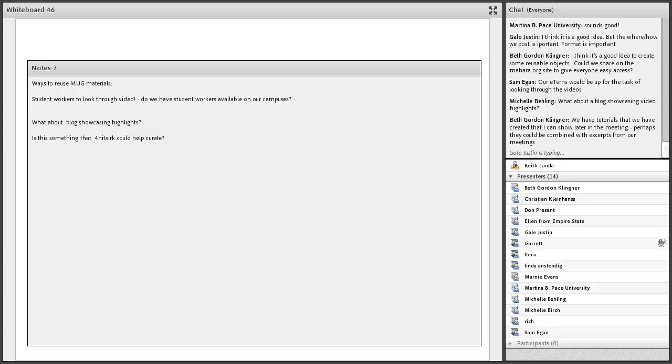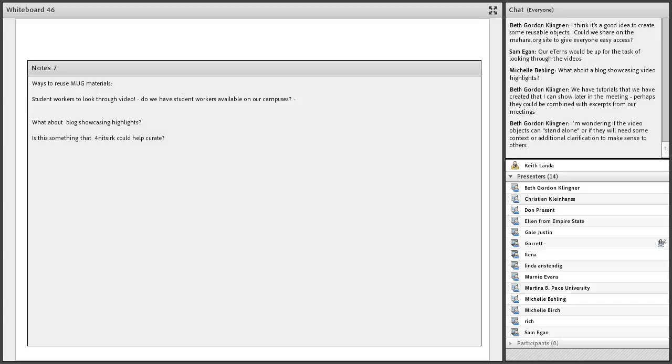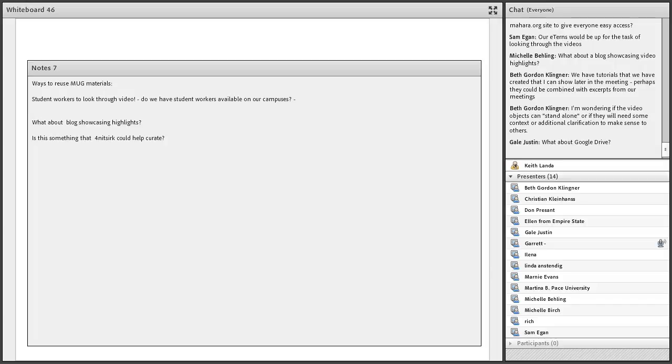I think that's a good idea. The way that I see it is just kind of like a page full of thumbnail videos with different topics. Maybe on the Mahara.org website would be good for this. I'm not sure of the venue, but we just need someone who could look through the material that we've already created, which, pat on the back, is some great stuff, and cut through it and do some video editing, which I could say is time consuming. Yeah, the bottleneck will be finding the material and cutting it out.